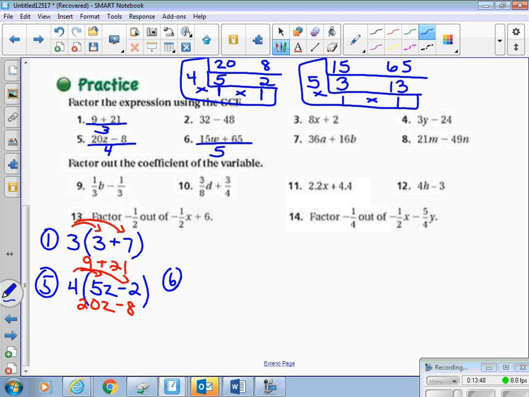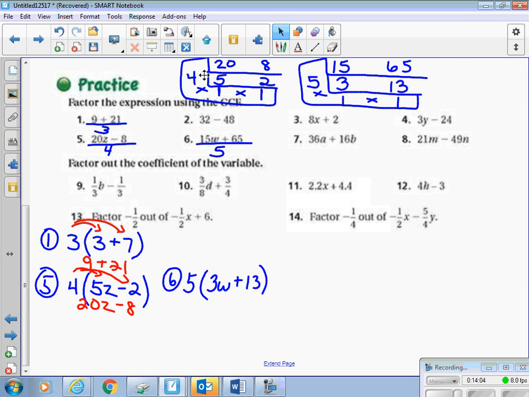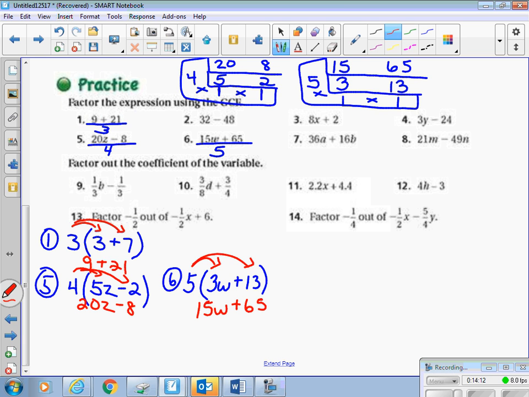Number 6 here. So we know that 5 is our first factor. 15w divided by 5 would be 3w, and 65 divided by 5 is 13. Distribute to check. 15w and a positive 65. All right, I'm going to ask that you just do 2, 3, 4, 7, and 8,